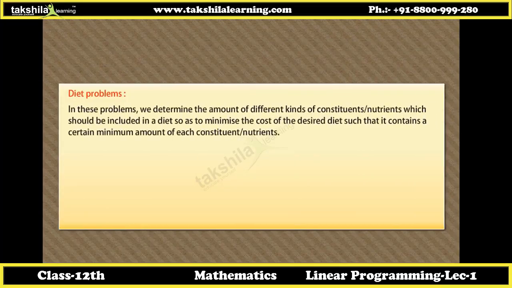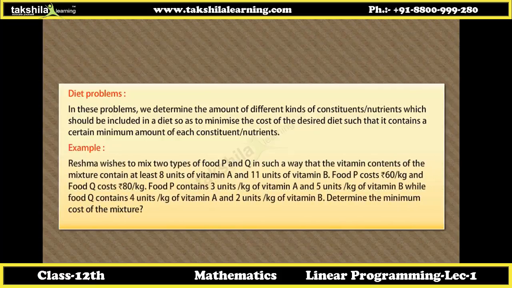Diet problems. In these problems, we determine the amount of different kinds of constituents or nutrients which should be included in a diet so as to minimize the cost of the desired diet such that it contains a certain minimum amount of each constituent nutrient. Example. Reshma wishes to mix 2 types of food, P and Q, in such a way that